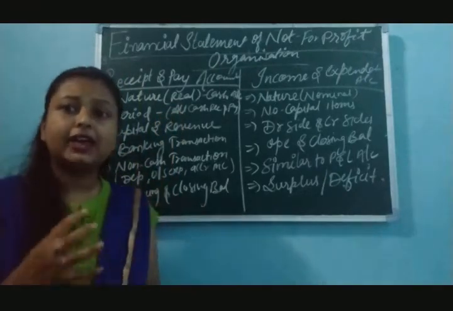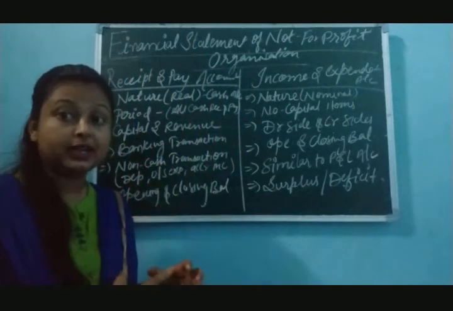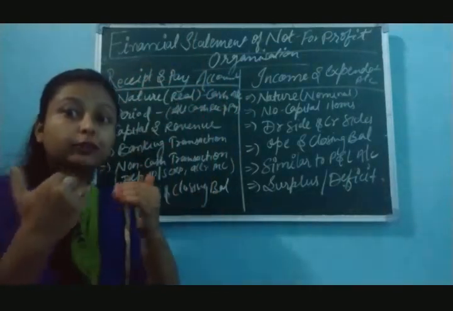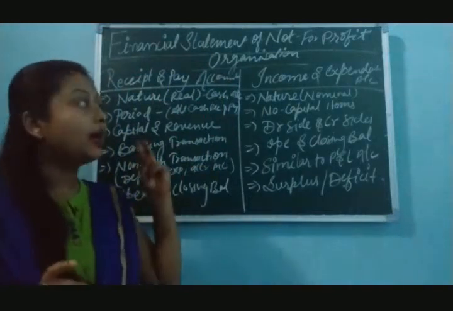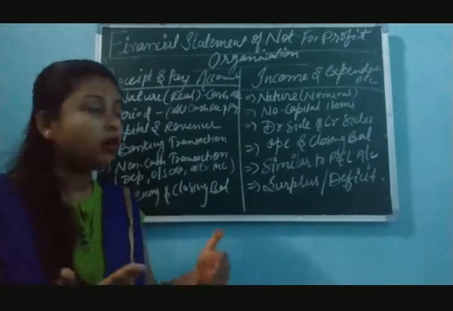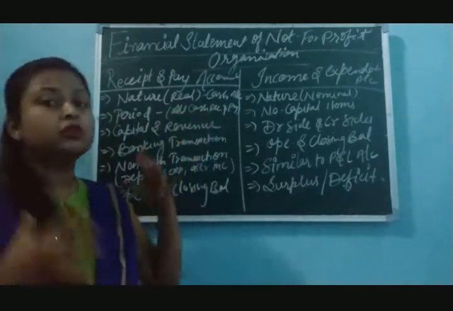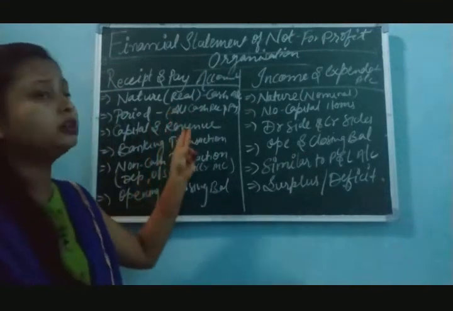The nature of receipt and payment account is real. It is just like a cash account: all the cash that is coming to the firm we are going to write on the debit side, and all the cash which is going from the firm we are going to write down in the credit side. Simple. And it will start the period for which we are going to maintain the record. So all cash receipts and all payments, irrespective of period and time, we are going to record in this account.